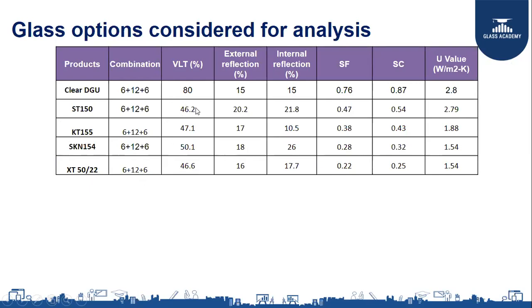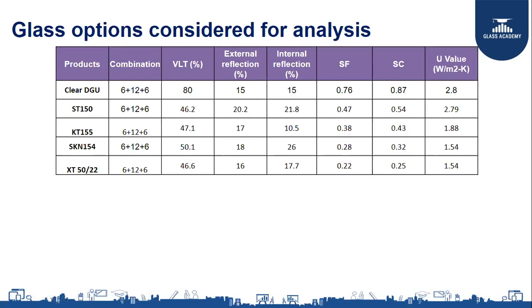If you see the second product, 46 VLT, 47 solar factor. Observe that ratio. The next product, 47 VLT, 0.38 solar factor. The solar factor is going down. 50 VLT, 0.28 solar factor. And 47 VLT, 22 solar factor. So these are actually giving you a hint, like in a similar VLT range, you can achieve a better solar